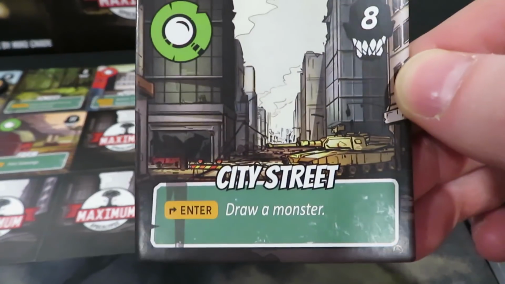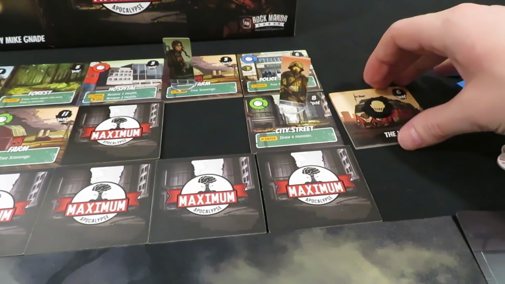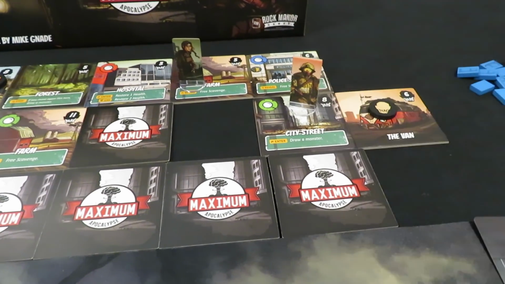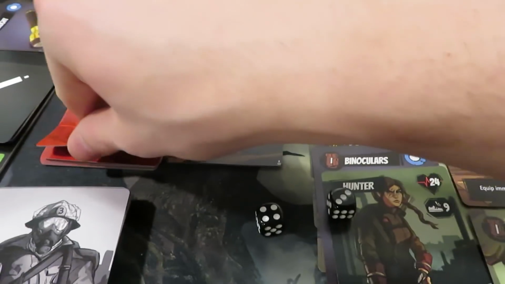City Street. Ooh, interesting. Draw a monster if we enter. Cool. So we're going in. So we're going to be drawing a monster. So the Fireman, now the Fireman has used 1 action to get here, 1 to get here. So we've used 2 so far. We have 2 left. Thank goodness, because we're probably going to need the trusty axe to deal with whatever comes